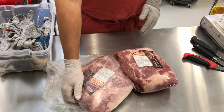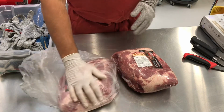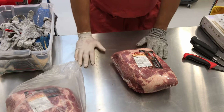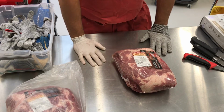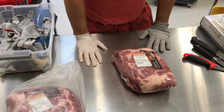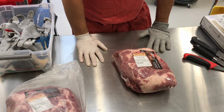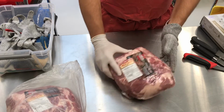This other bag from Winco has a bag of meat inside, and that's to help me not have such potential leaks and drippage. If you go into the meat counter looking to buy a piece of meat, I don't know about coming with these gloves on, but you better have some hand sanitizer nearby or be ready to go directly to the bathroom to wash your hands, because oftentimes these bags can be coated with some blood